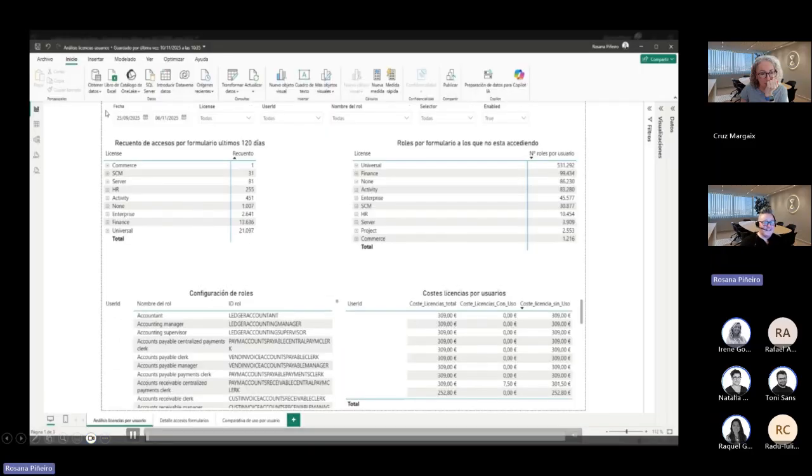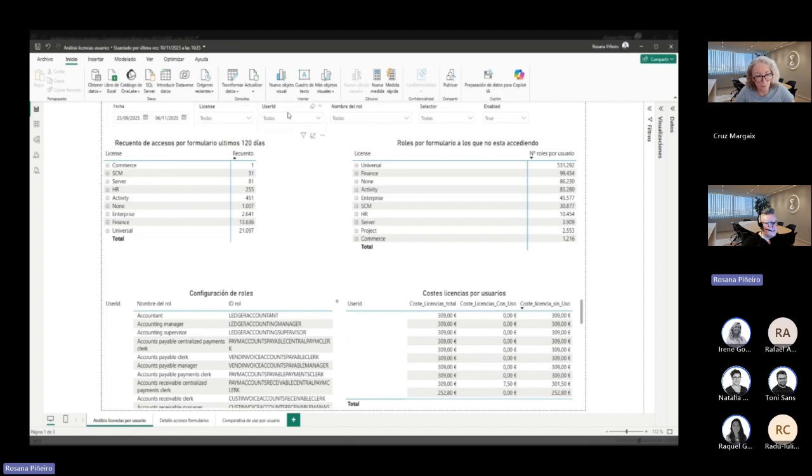So I'd like to present you our licensing report. This report collects information from Application Insights, which in turn extracts all the data from Dynamics 365 Finance and Operations. Let's take a quick tour around the interface. We'll see the license analysis per user tab. In this section, we'll analyze the user entry points, seeing what forms are accessed, what forms are not accessed, and what the licenses corresponding to those entry points are. At the top tab here, we can see the dates. We can choose the date for the period we would like to analyze.